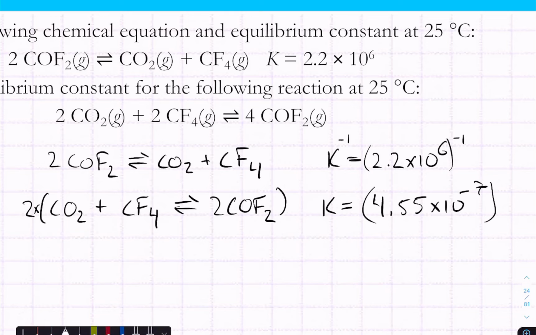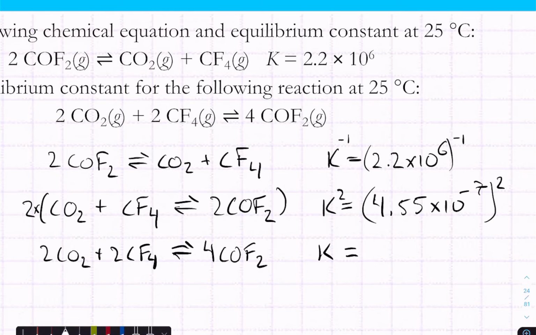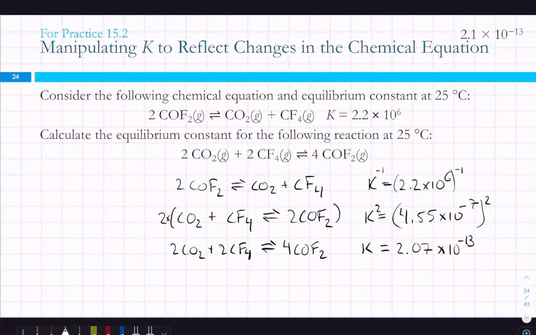And so we raise this to the second power. 2.1. Oh yeah, it's 2 sig figs. Yeah, and then,